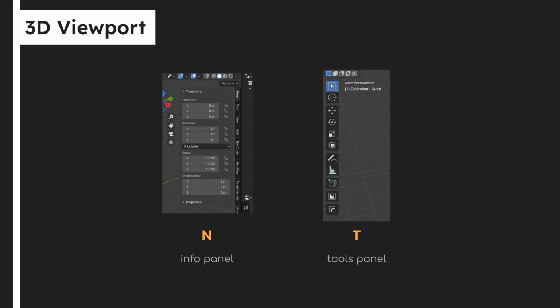Maybe your rotation's off. On the flip side, on the other side of your screen, you'll find T. If you hit T, you'll open up the Tools panel. Very useful. You need these things to actually model stuff. Again, we're talking earlier about moving vertices around. These are the things that will move your vertices around. We're not going to learn about all of them just yet, but the main ones we're going to focus on